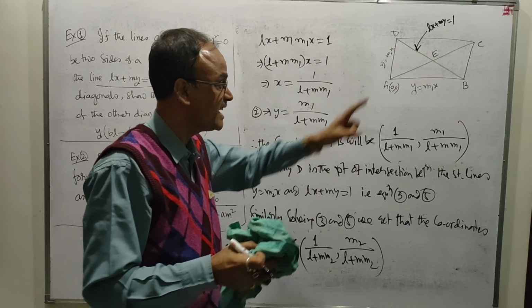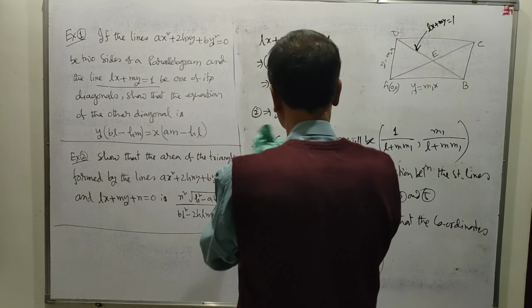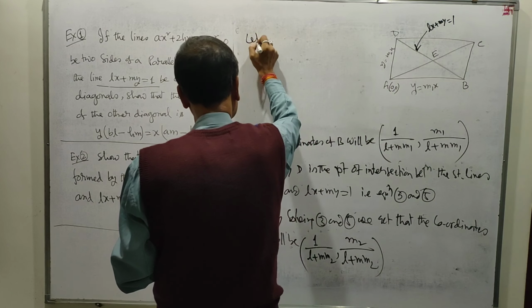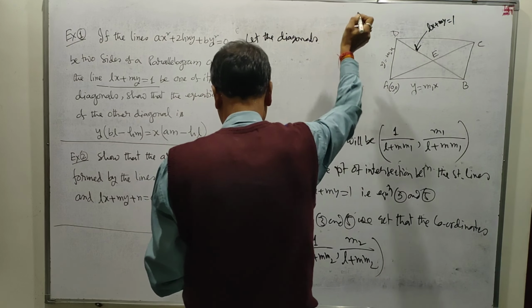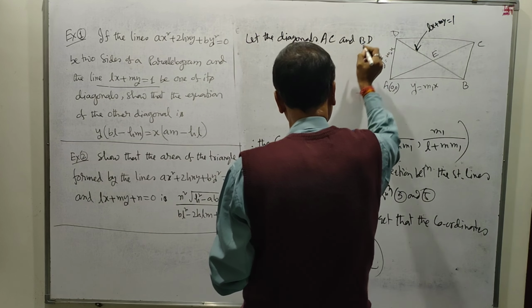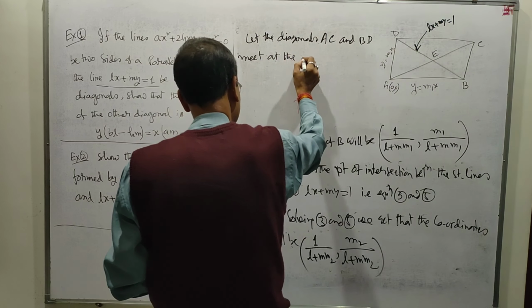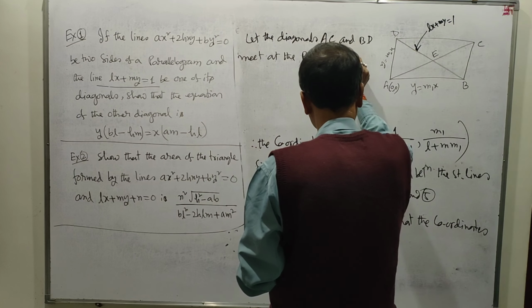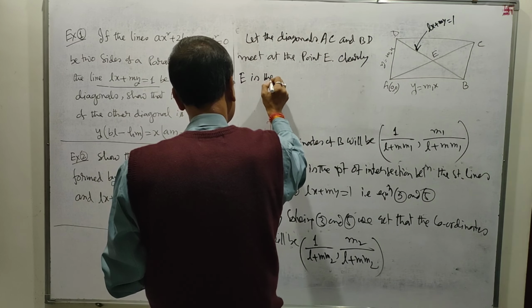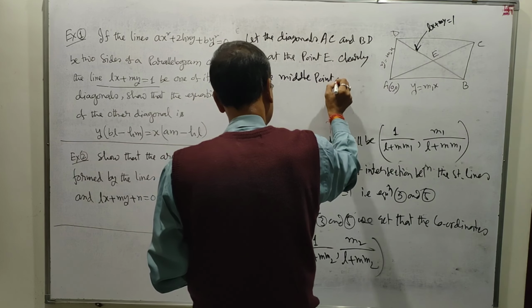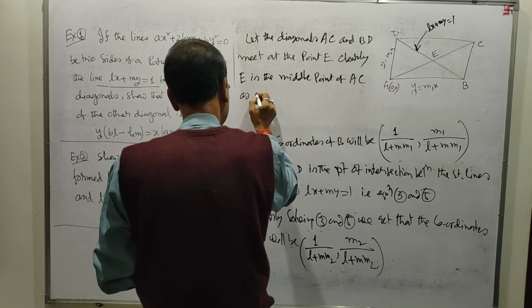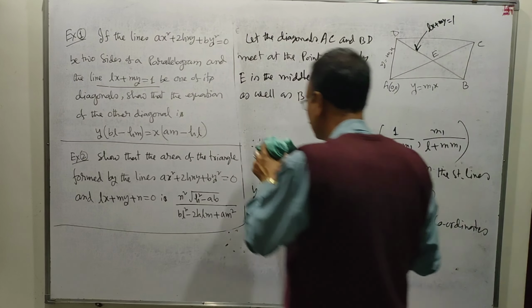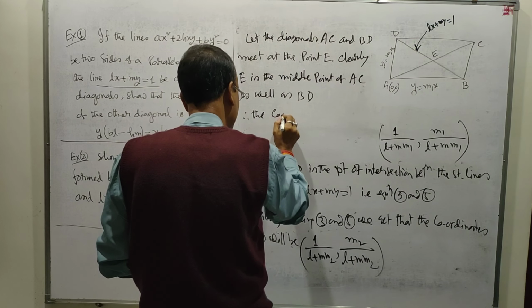Now, let the diagonals AC and BD meet at the point E. Clearly, E is the middle point of AC as well as BD. Therefore, the coordinates of E will be